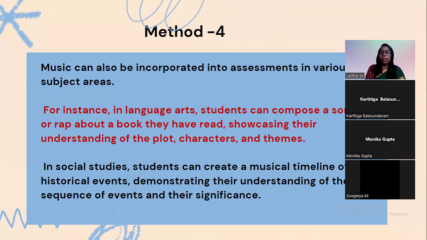They can browse the book content that you want them to do, and they can go forward with it by having their own words to create a poem or a rap, showcasing their understanding of the character and the plot. Okay. So whatever are the characters, whatever are the themes that you give, whatever is the topic that you give, you can ask them to create a poem or a rap. You can ask them to create music with whatever topics that you want them to learn.